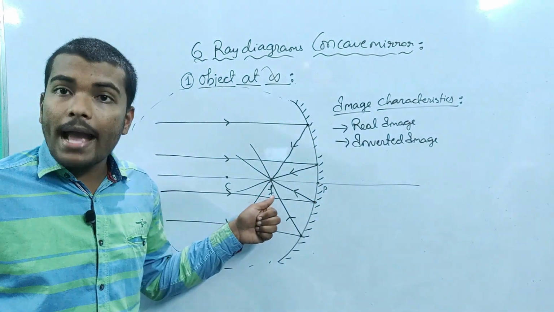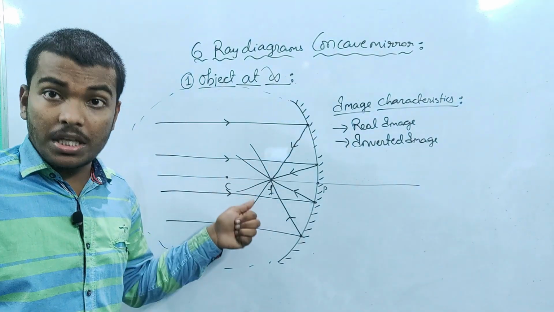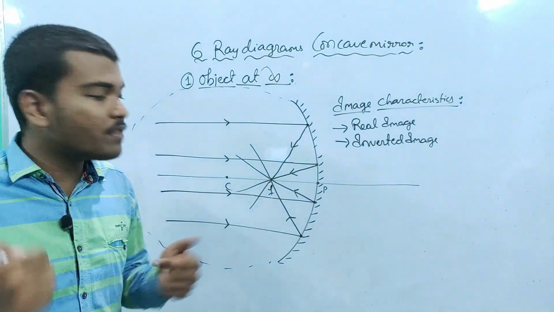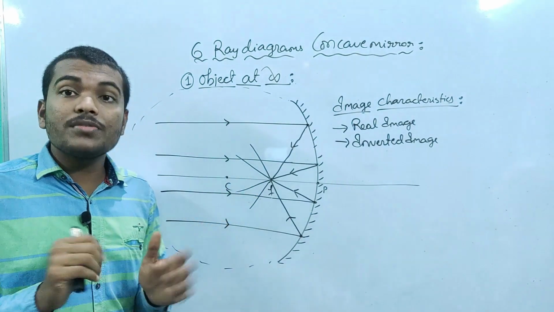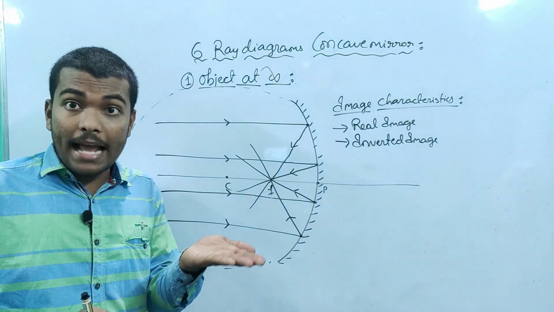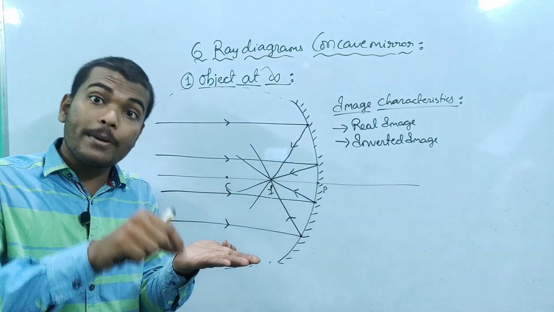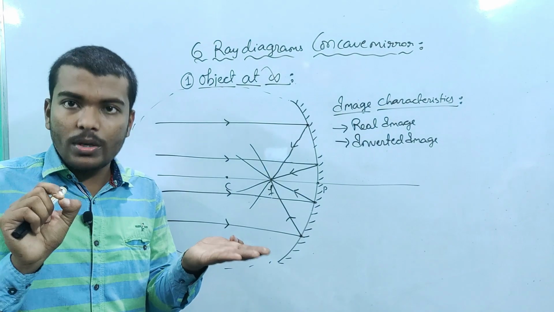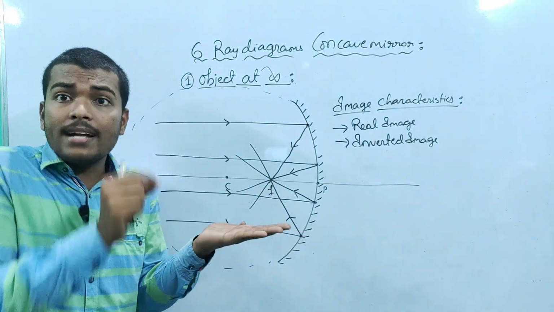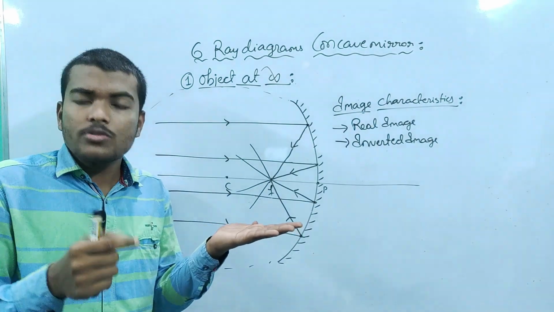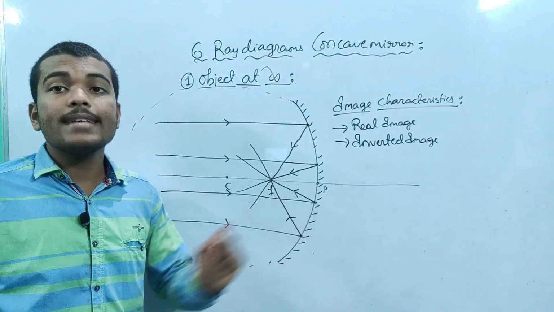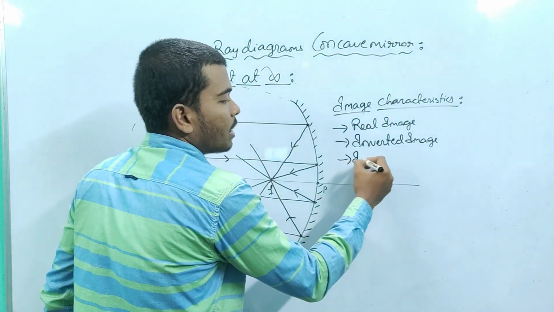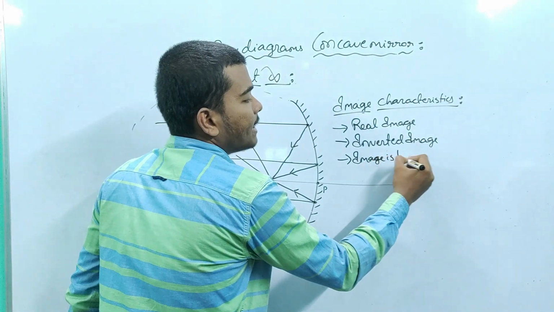Now let me tell you about magnification. What is the magnification of the image over here? Let me tell you, where the cross occurs, that is the top of the image, and the bottom of the image is the principal axis. Now here the image formation starts from the principal axis and ends at focus, which is again present on the principal axis. So a pointed, a dotted image is formed. Did you get it? So we are going to write it as a highly diminished image. So the third image characteristic we are going to write is that the image is highly diminished.